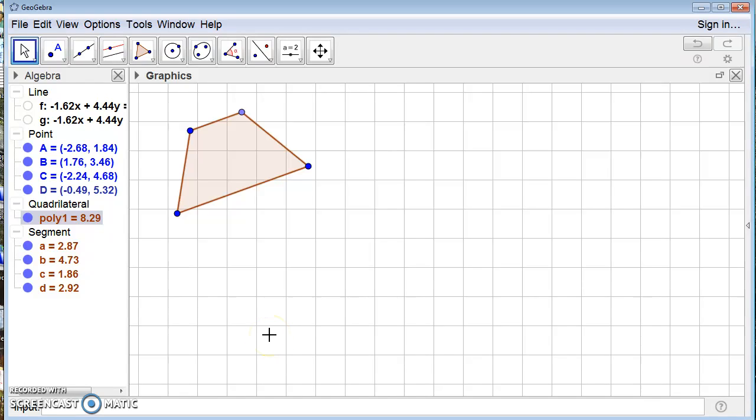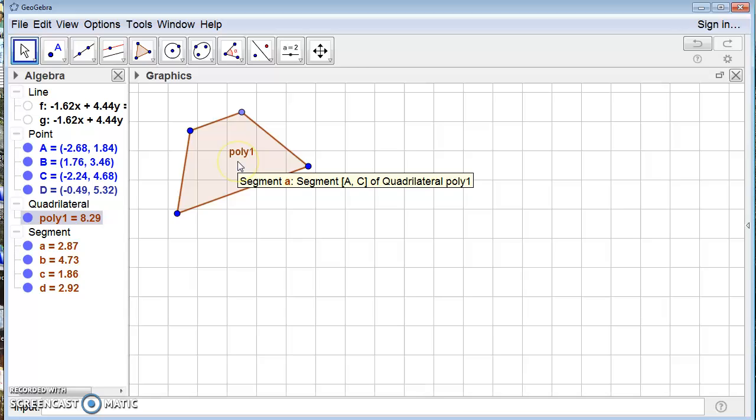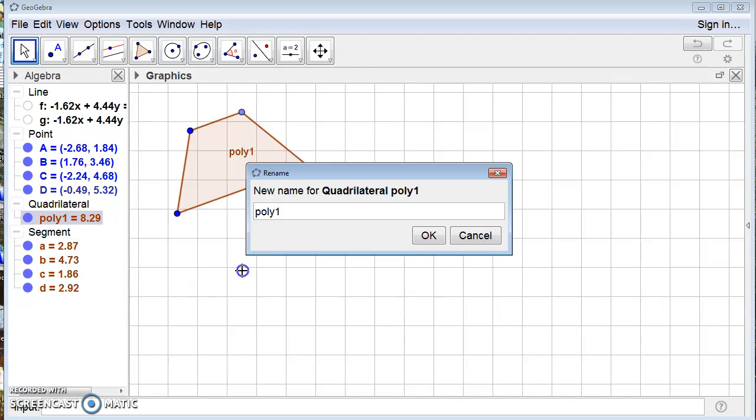Notice that you can also name that figure to be something that you want it to be. Right now the poly name I think is not showing. Yes, I'm not showing the label. So let's say I wanted to show it. Right now it's labeled poly 1. If I wanted to name it figure 1 or just 1, then I can do that by doing a right click on this and rename it. So if I want to just rename this 1,